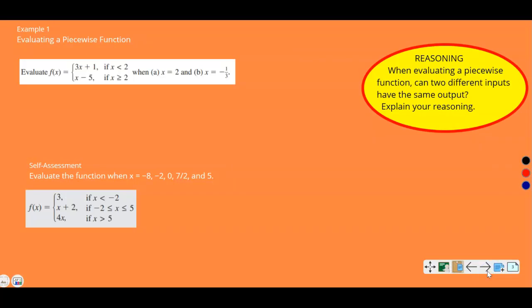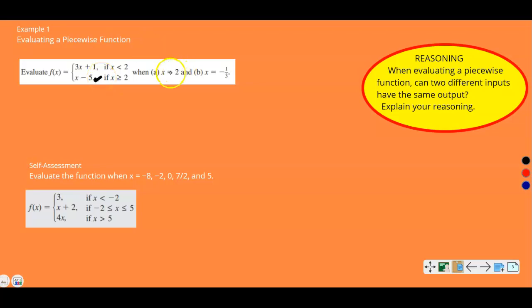Example 1 says evaluating a piecewise function. All right, so we evaluate f of x equals 3x plus 1 if x is less than 2, and x minus 5 if x is greater than or equal to 2. We have 2 examples here, x equals 2 and x equals negative 1/3. The first thing you have to do is say, which piece of the function do I plug it into? So I'm going to look at the domain first. When x equals 2, this says when x is less than 2. This one says greater than or equal to 2. So I'm going to use this second function here